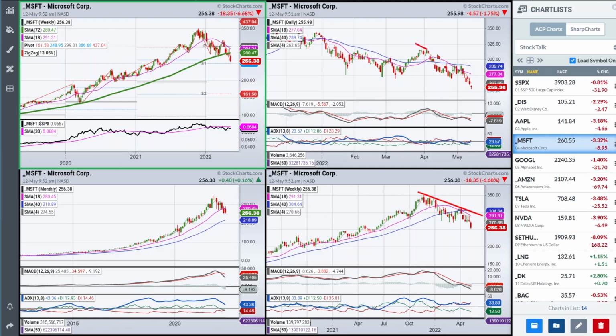Again, if you want to do it in a more aggressive fashion, you could look at it from a daily chart. Now, one of the things I want to mention here is related to momentum. So if we look at the daily chart, we don't have much momentum here. Notice how we're going to a new low and the ADX isn't above 25. So on a daily chart, this decline is actually not all that strong. And that could lead to a minor rally.